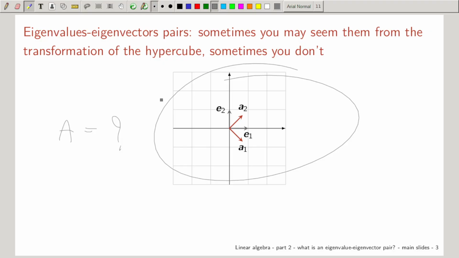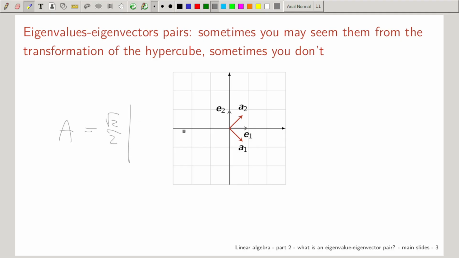Plus square root of 2 over 2, minus square root of 2 over 2, true? Second column is going to be plus plus. So the pattern is going to be square root of 2 over 2, and then plus 1 minus 1 plus 1 plus 1. True? Perfect. If you compute the eigenvalues here,